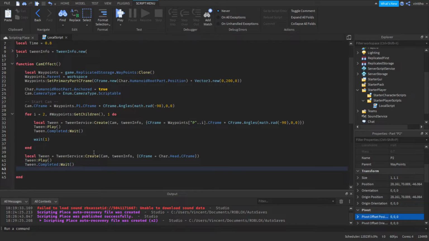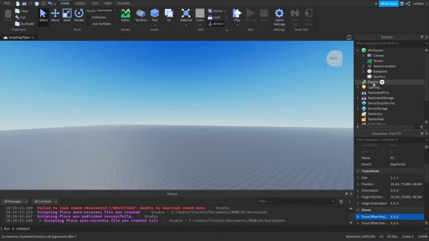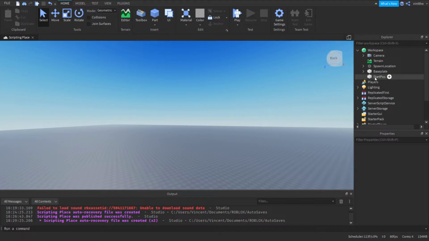and then we're gonna write cam dot camera type should be equals to enum dot camera type dot custom. char.humanoid root part dot anchored should be equals to false, of course, and waypoints destroy. There we go. So now that we have this, we can actually, if we want to make a small effect,